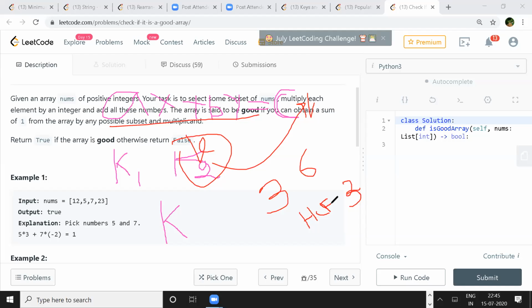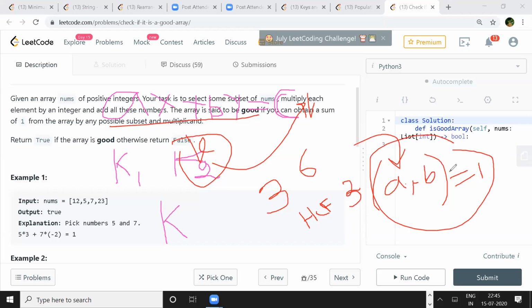Or else if your greatest common divisor is more than 1, your value of C will be 0. Because C, which is 1, divided by any GCD more than 1, your result will be 0, right? Because it's integer division. So you're saying, if we have a set of numbers and their GCD is equal to 1, then if we insert any new number into it, the GCD will not change? It will be 1 only. Yeah, GCD has to be 1 always.